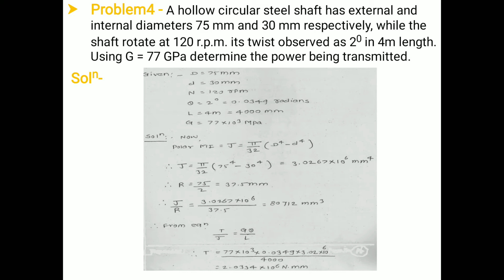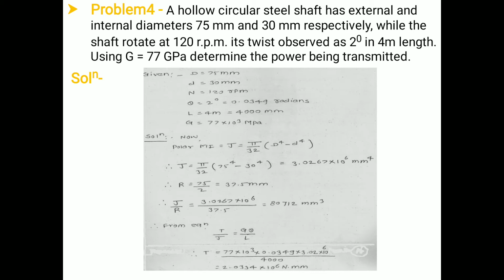So as per the statement given, we have a hollow circular shaft. It has two diameters, that is external diameter and internal diameter. External diameter is 75 mm and the internal diameter is 30 mm. The shaft rotates at 120 revolutions per minute, that is the value of n is 120 rpm. The angle of twist observed, that is theta, is 2 degrees in a length of 4 meter. Using G, that is modulus of rigidity, equal to 77 GPa, find out the value of